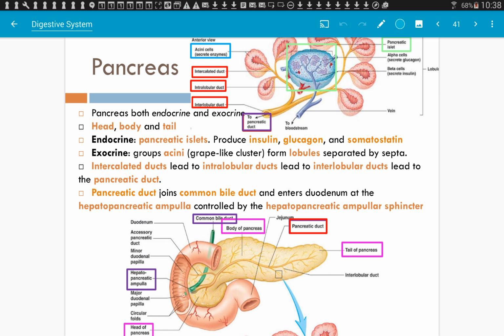Moving to the pancreas. I remember when we talked about the endocrine system, the pancreas is a dual function organ. It is both an endocrine organ and an exocrine organ. So endocrine, it makes insulin and glucagon, and I think it also makes one other thing. Can't remember right now. Oh, somatostatin. Okay, those are hormones. But then the exocrine portion of it is making digestive enzymes. Okay, and those are what are passing through the pancreatic duct into the duodenum with the bile.